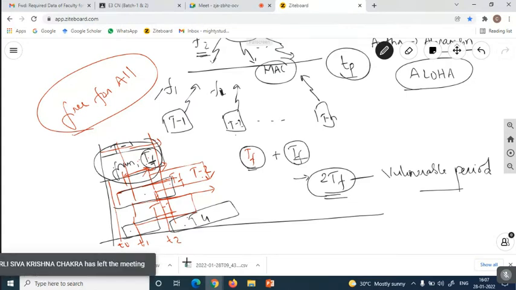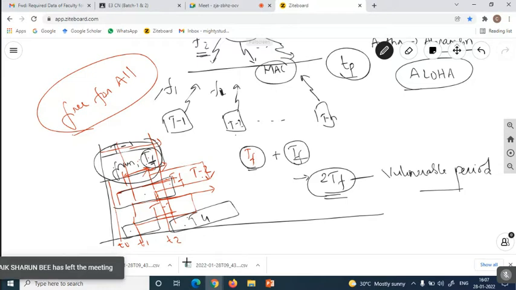So let us define the TP value. Suppose during TP, the frame is transmitted from the terminal to the central node, and again the terminal has to get the acknowledgement from the central node in order to represent that the frame has successfully reached. As we discussed in flow control, it has to send the frame, and at the same time it has to get the acknowledgement. So the terminal has to send the information to the central node.